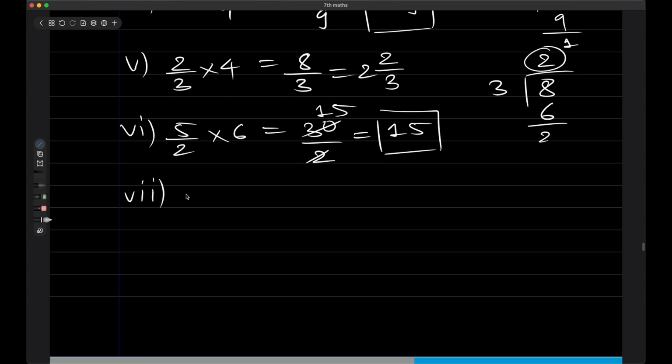Next one, 11 into 4 by 7, that is equal to 44 by 7. And if we